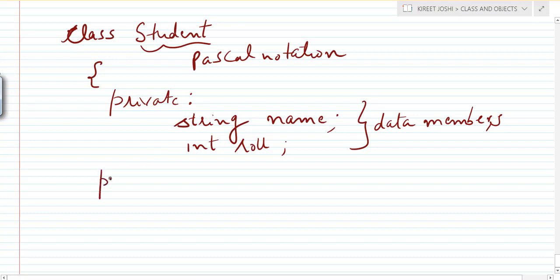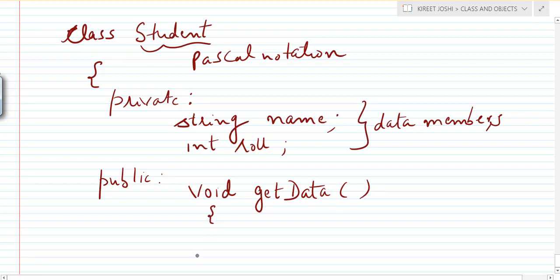Next, we have to create the member functions. The first member function I am creating has return type void, and it is getData. I am defining it inside the class itself.